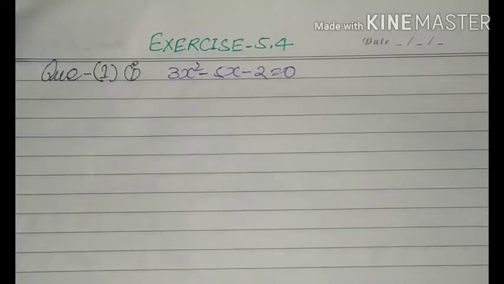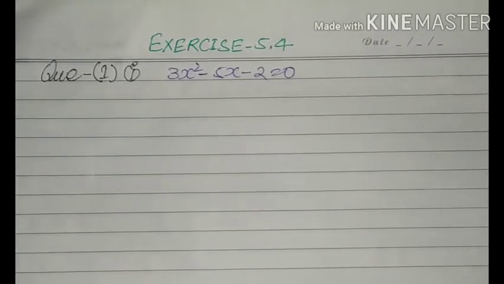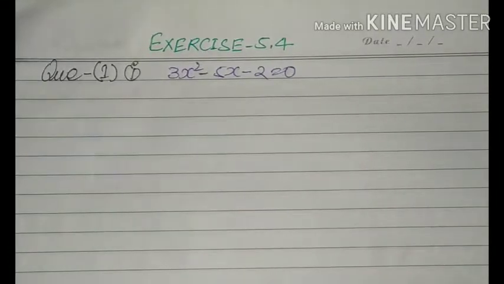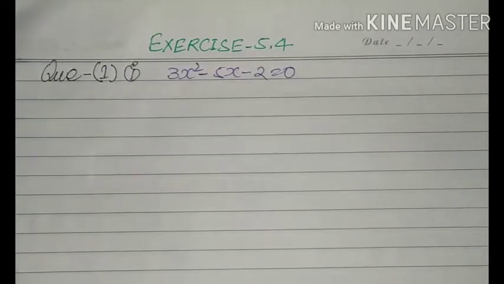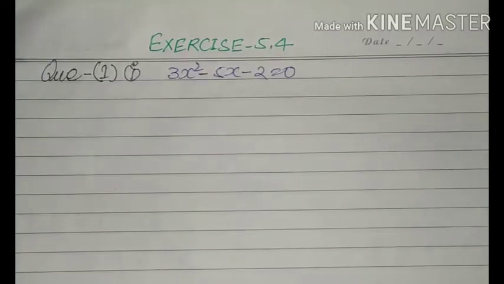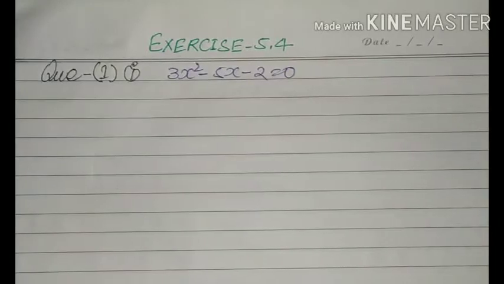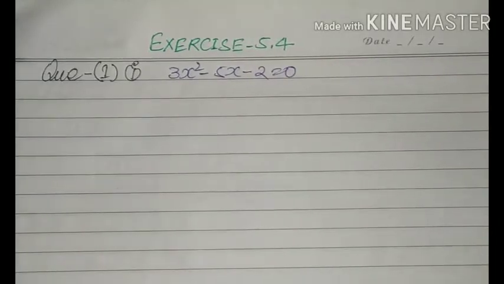The given question is: find the discriminant of the following quadratic equation and hence find the nature of roots. First we have to find the discriminant of the given quadratic equation, and further we have to find the nature of roots. Okay, solution is